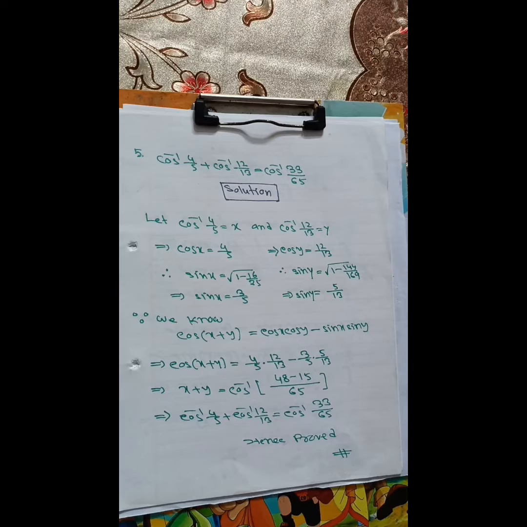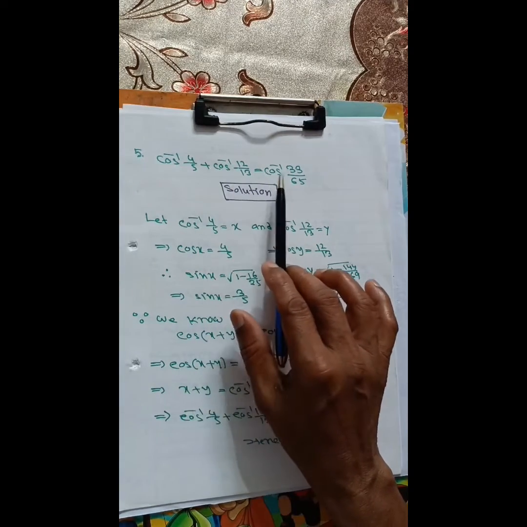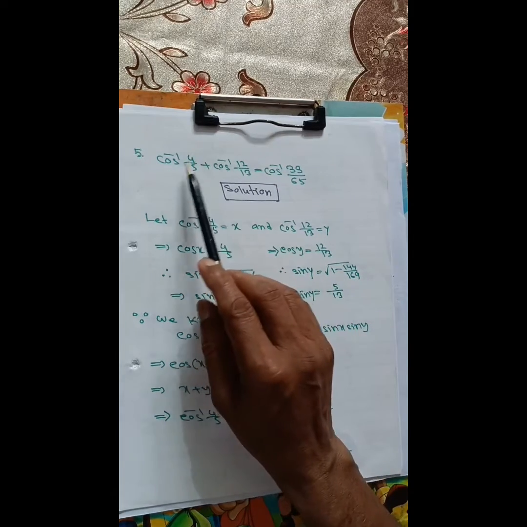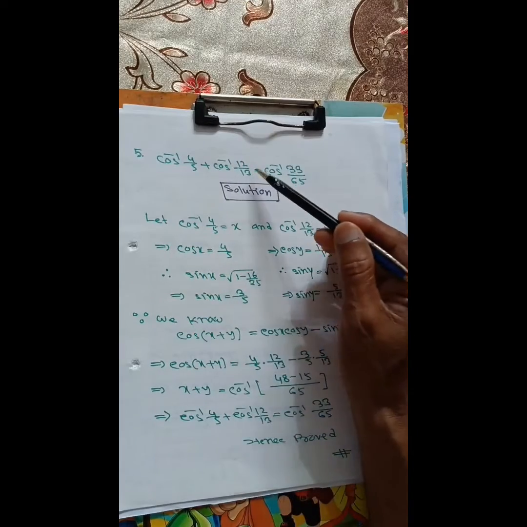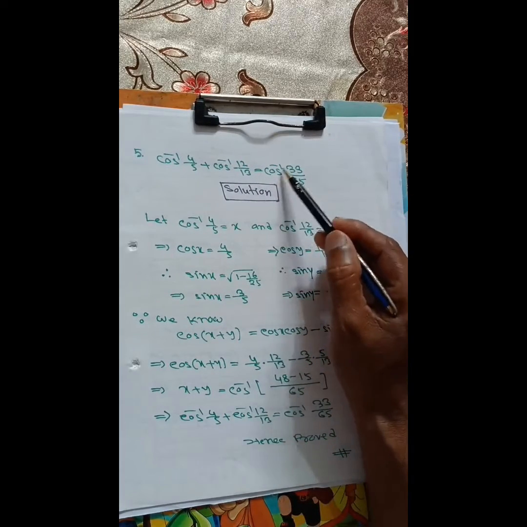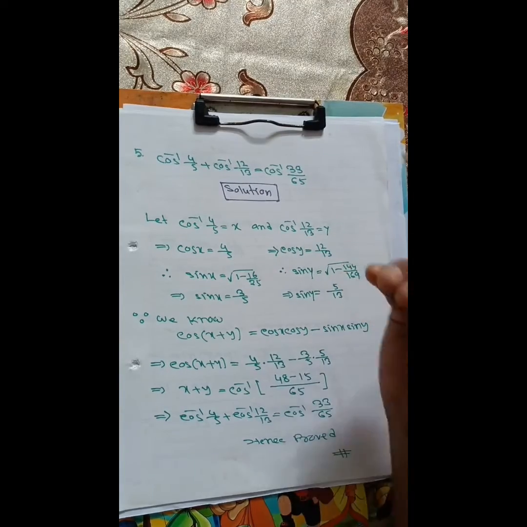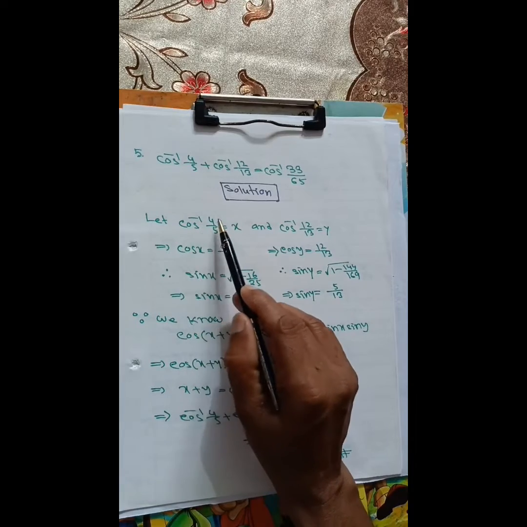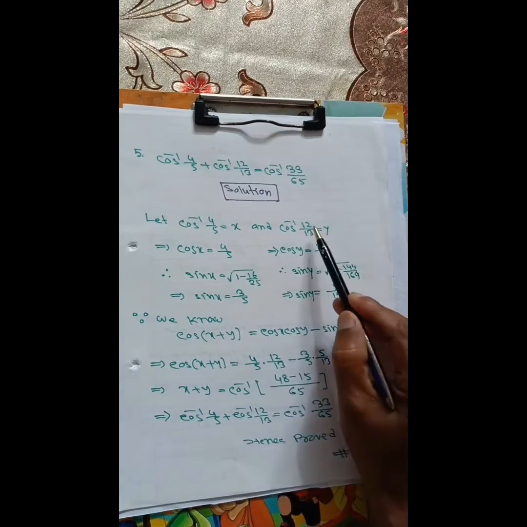What is given in problem 5? All are given in cos inverse forms. That is cos inverse 4 by 5 plus cos inverse 12 by 13 is equal to cos inverse 33 by 65. For the solution, take cos inverse 4 by 5 equal to x and cos inverse 12 by 13